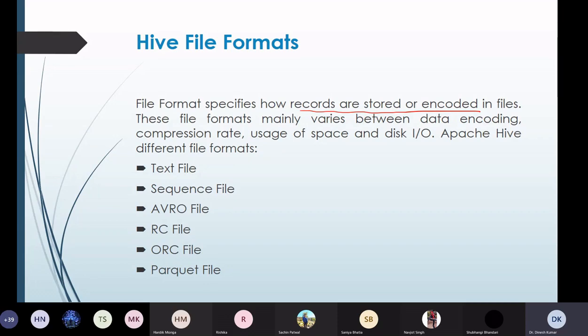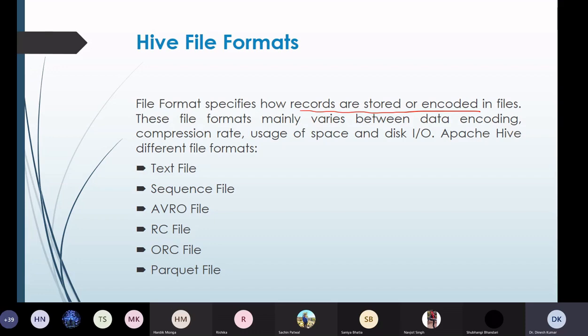These data file formats also vary according to the compression rate, how they are going to compress the data in the disk storage.